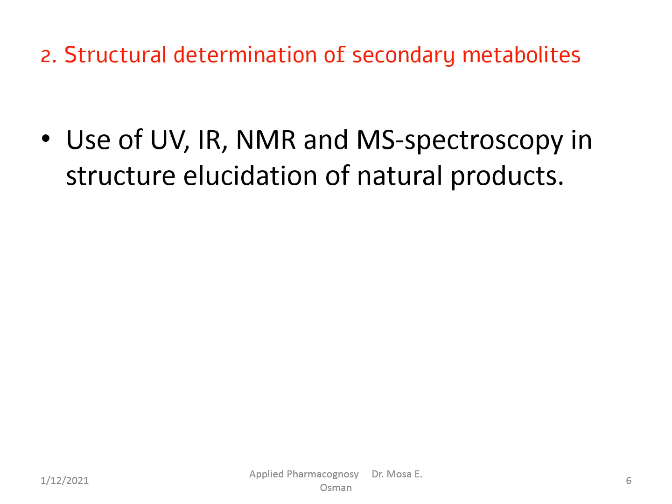The second topic is structural determination of secondary metabolites or structural elucidation, how we can identify or determine the chemical structure of the isolated and purified chemical compound. This involves discussing topics related to the UV, IR, NMR, and MS spectroscopy and their application in determination of the structure of natural products.